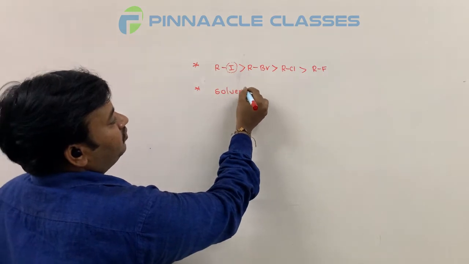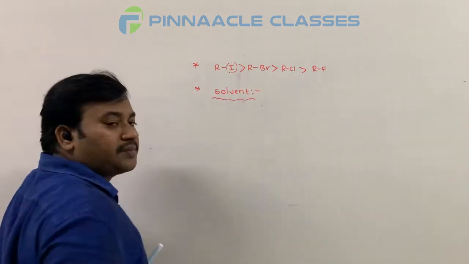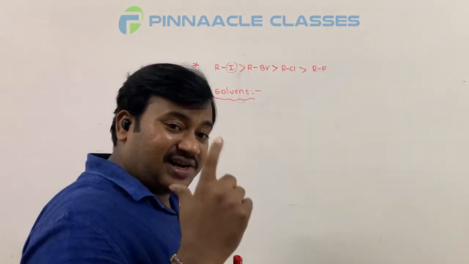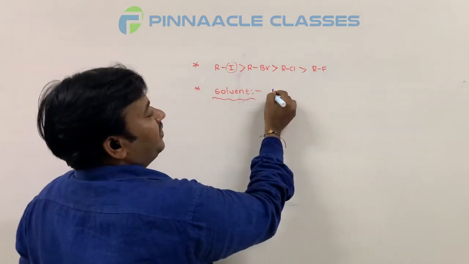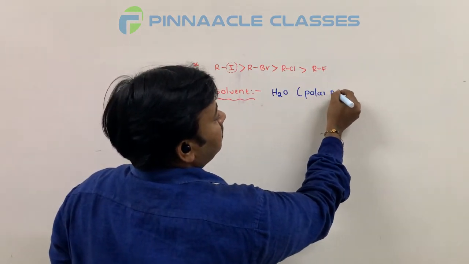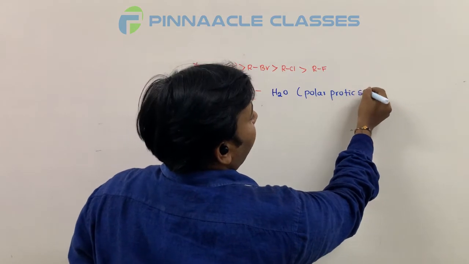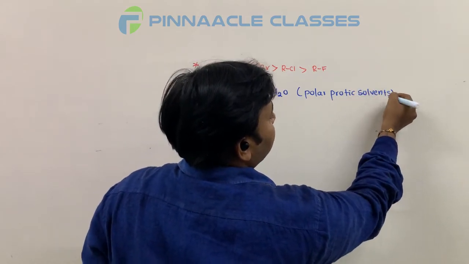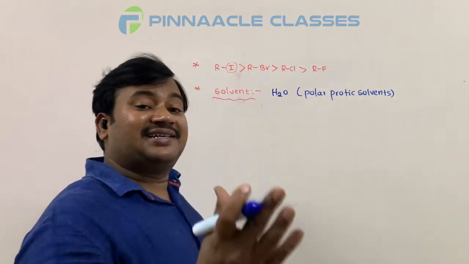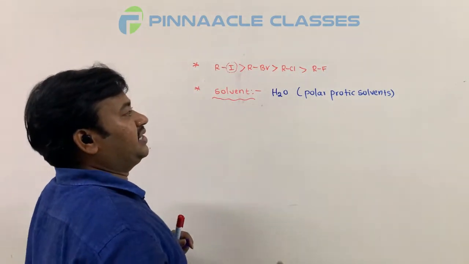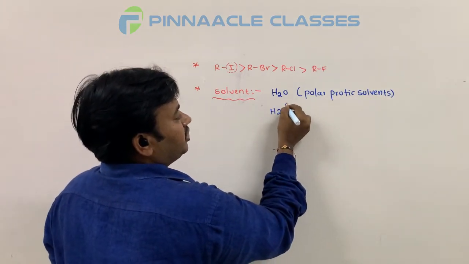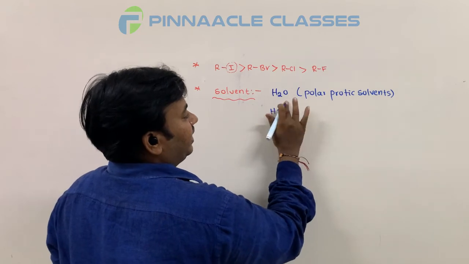See here, regarding solvent, what type of solvent are we taking? Already we are taking the reactant dilute NaOH. Dilute in the sense that we are taking water. So what is the solvent we are taking? Water. It is a polar protic solvent. So what is meant by polar protic solvents? Any solvent which has some polarity and contains acidic hydrogen. So what is meant by acidic hydrogen? See, I am taking H2O here. Here oxygen has a partial negative charge, and hydrogen I am taking here.